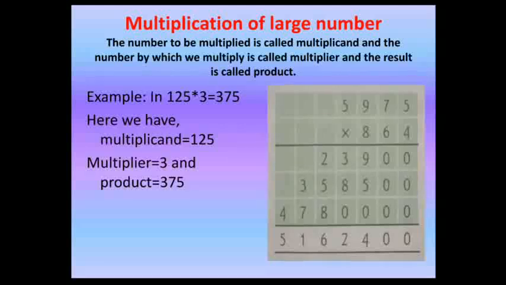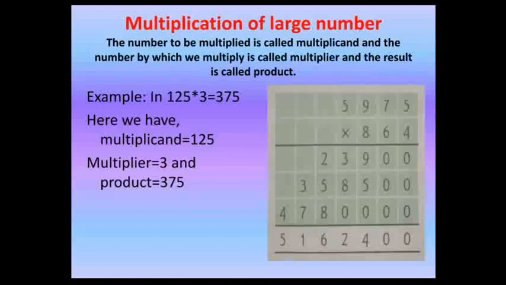First take the unit digit of the multiplier, that is 4, and read its table up to the unit digit of the multiplicand. Like 4 5s are 20. Then write 0 at the unit place and 2 is carry. Then read the table of 4 for 7, the second digit of the multiplicand, and the answer is 28. 2 is carry, so 28 plus 2 is 30. Then we'll write 0.